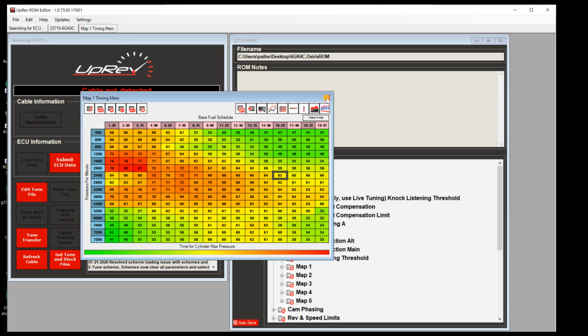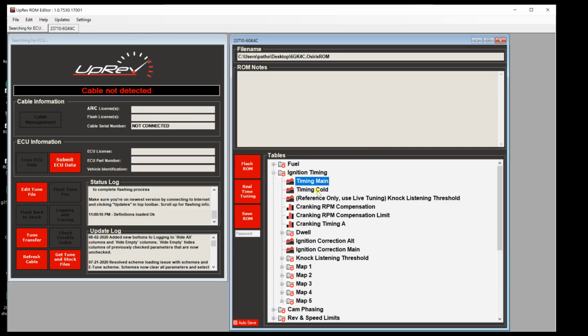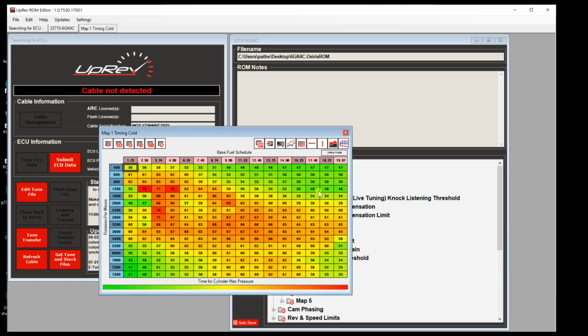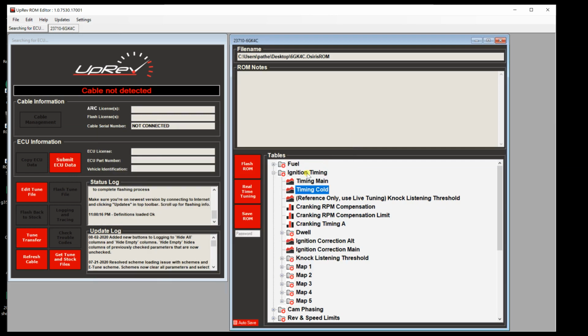So this is the main one. Once it's warm, obviously it tells you right here. This is the burn rate, or the ignition timing that it was doing when it's cold. Then you have another folder for dwell, more ignitions for the burn rate, and then your ignition tables per map,